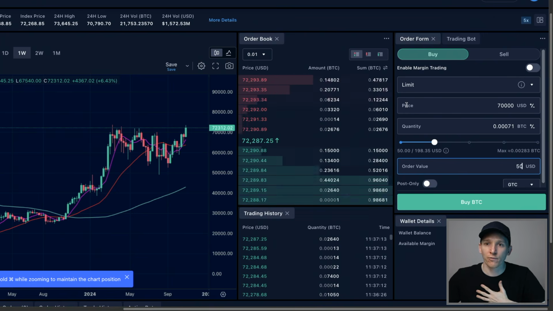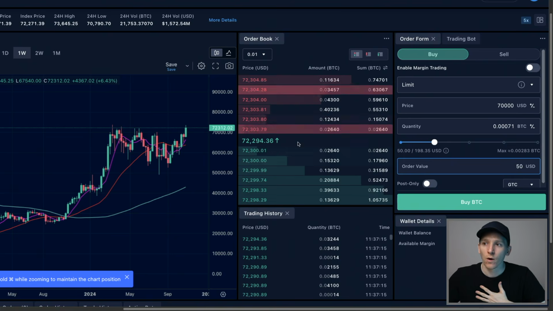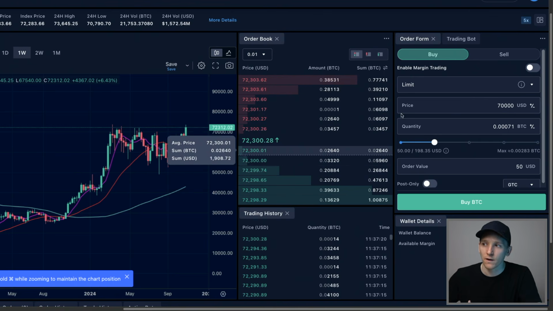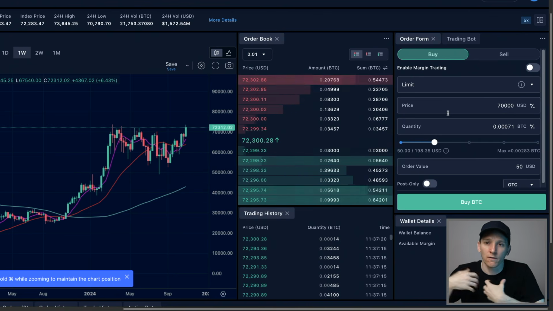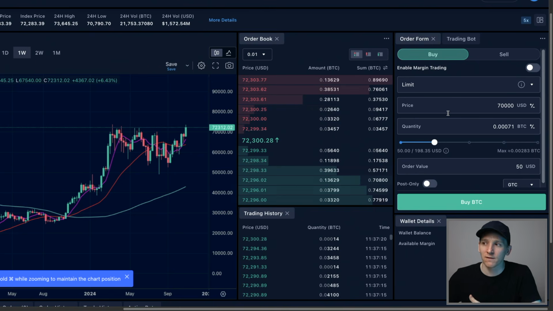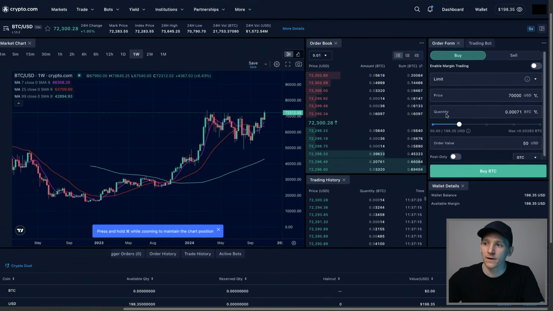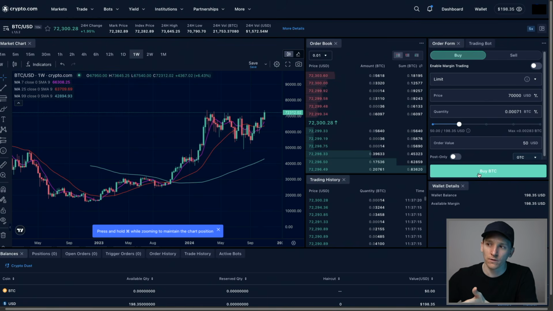Now notice that my price that I want to pay is below what the market is paying. These guys are actually bidding way higher than me. They're bidding 72,300. So I'm not going to trade here because my limit order is too cheap. What I'm telling the system is buy Bitcoin immediately for me as long as the price is 70,000 or below. Well, it isn't. So what's going to happen? Well, what will happen is that the trading system will put my order on the book and it will work it for me until the price gets down there,